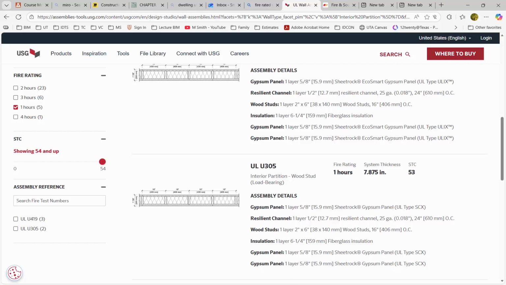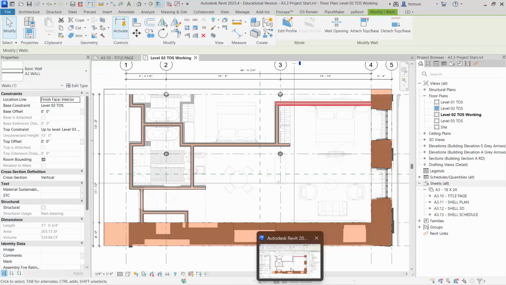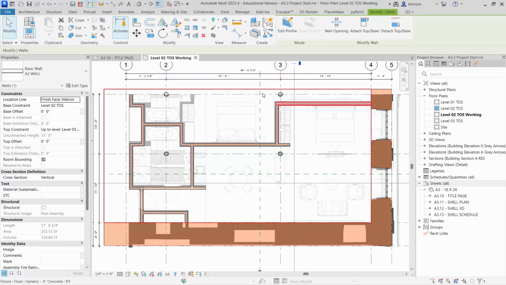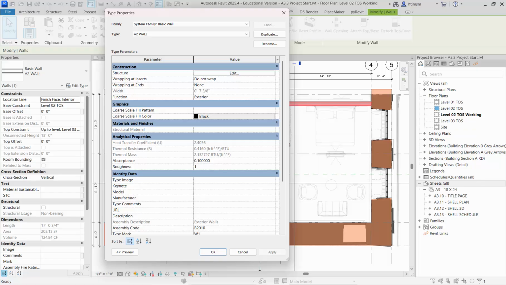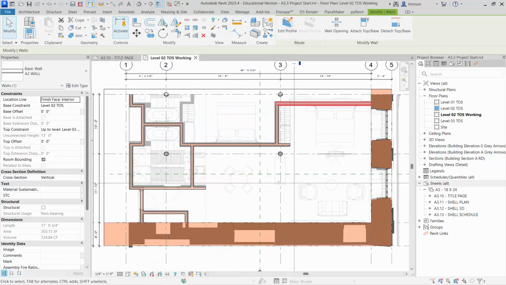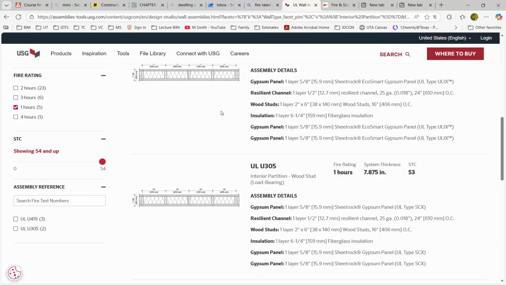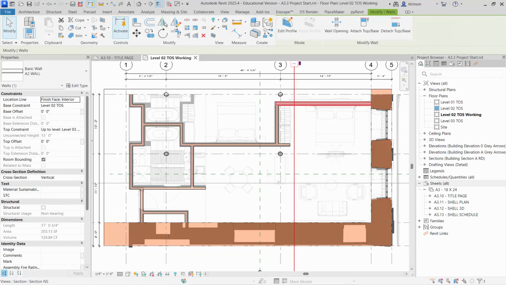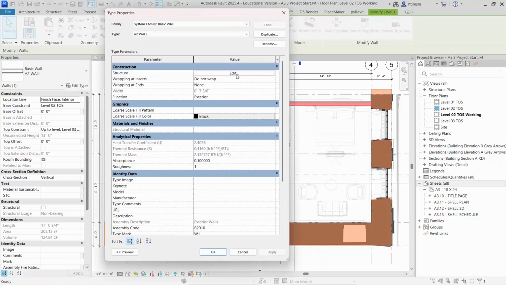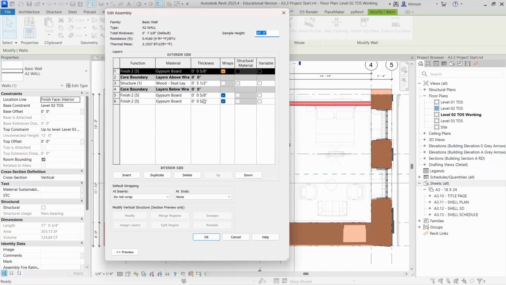So if I go back in to my Revit and pick this guy and go to edit type, let me just check that assembly one more time. So yeah, the resilient channel is 1/2 inch. Just want to make sure I was right with the 1/2 inch. So if I go in and pick this guy and go to edit type and edit that structure, I've already got the 3 layers of plywood and the wood stud layer. All I need to do is insert